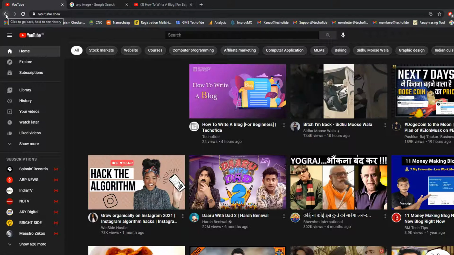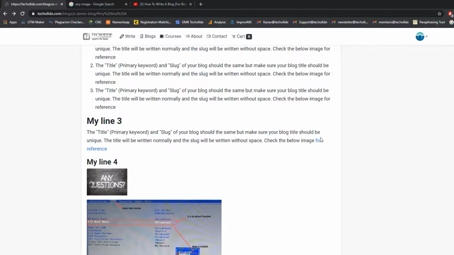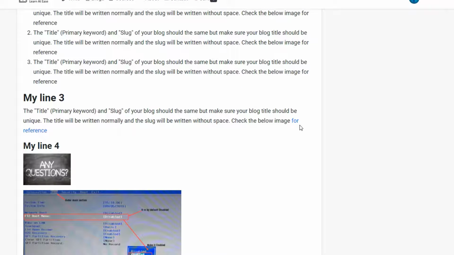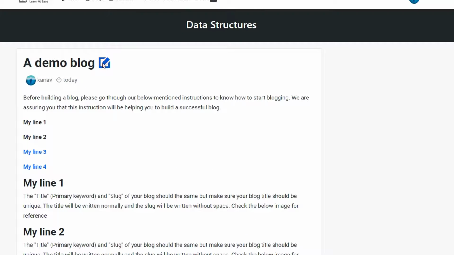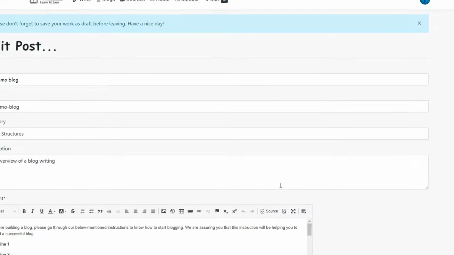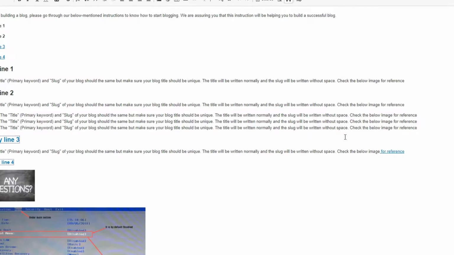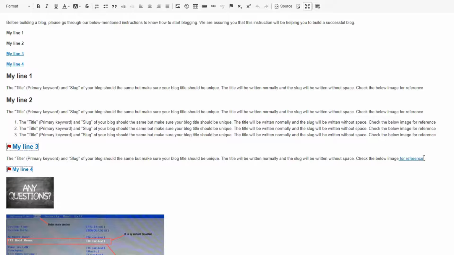And this is the negative point. We never type these things. We never apply links like this. You have to apply links so that they open in a new tab. How to do that? Let's see. Again, let's go to our structure. Just go to minimize. Now here we have applied a link for reference.